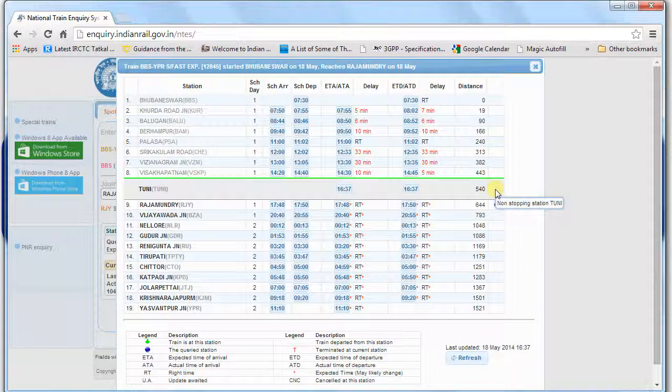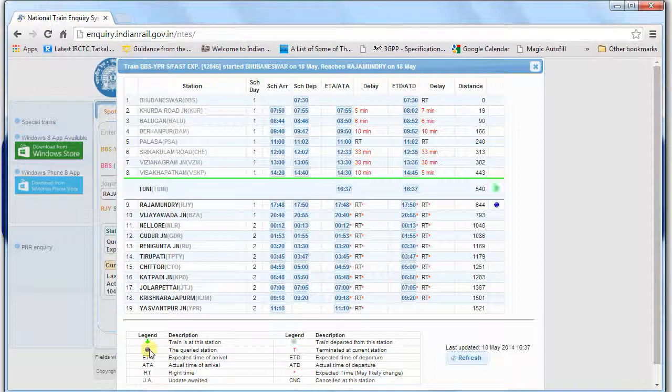Just to update, they have updated that train has crossed this station. And this blinking arrow means it has left the station. You can see here below what each symbol means. Here it says the train departed from this station. If it is not blinking and it is constant like this, then the train is at this station. If the train just reached the station, it is there in the station currently, the arrow will not blink. Otherwise it will blink. That means it has departed from the station.